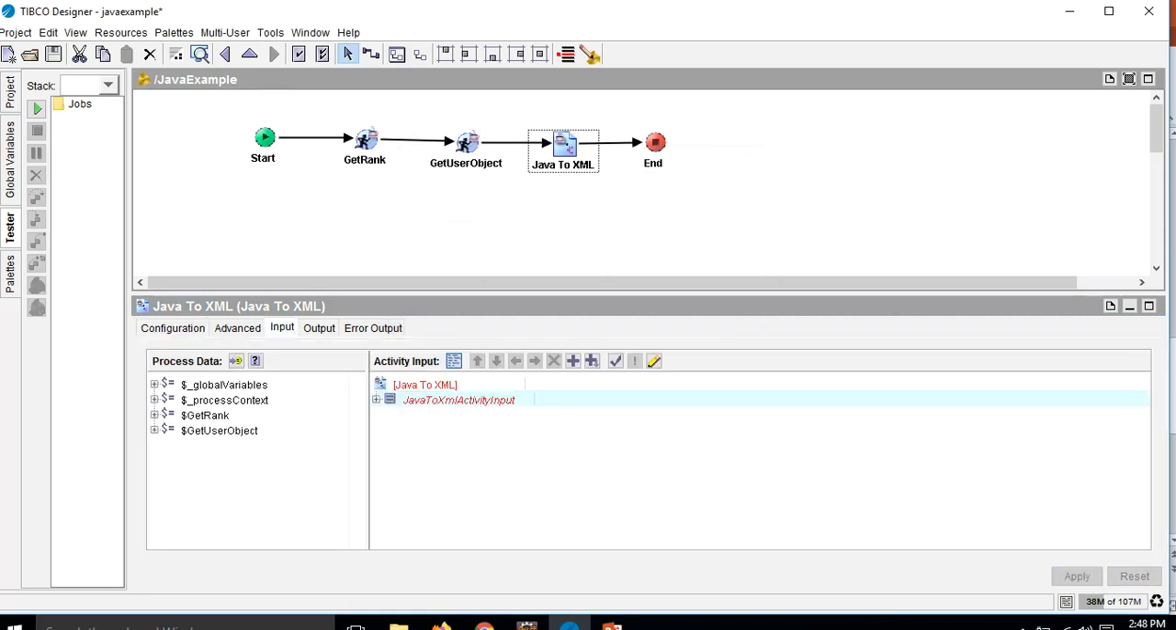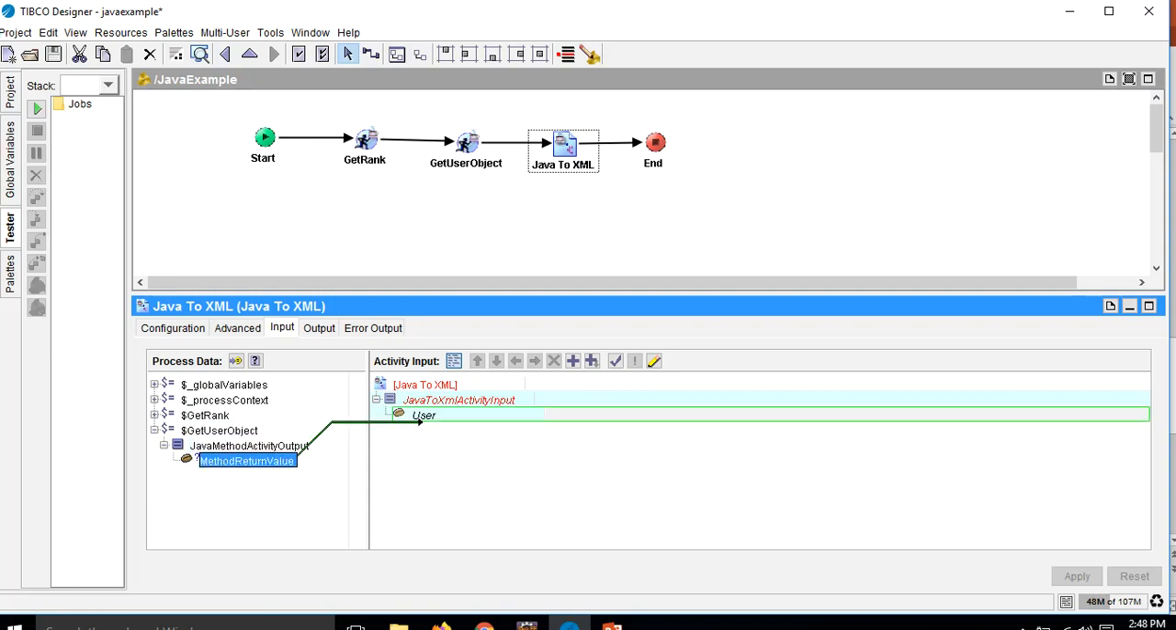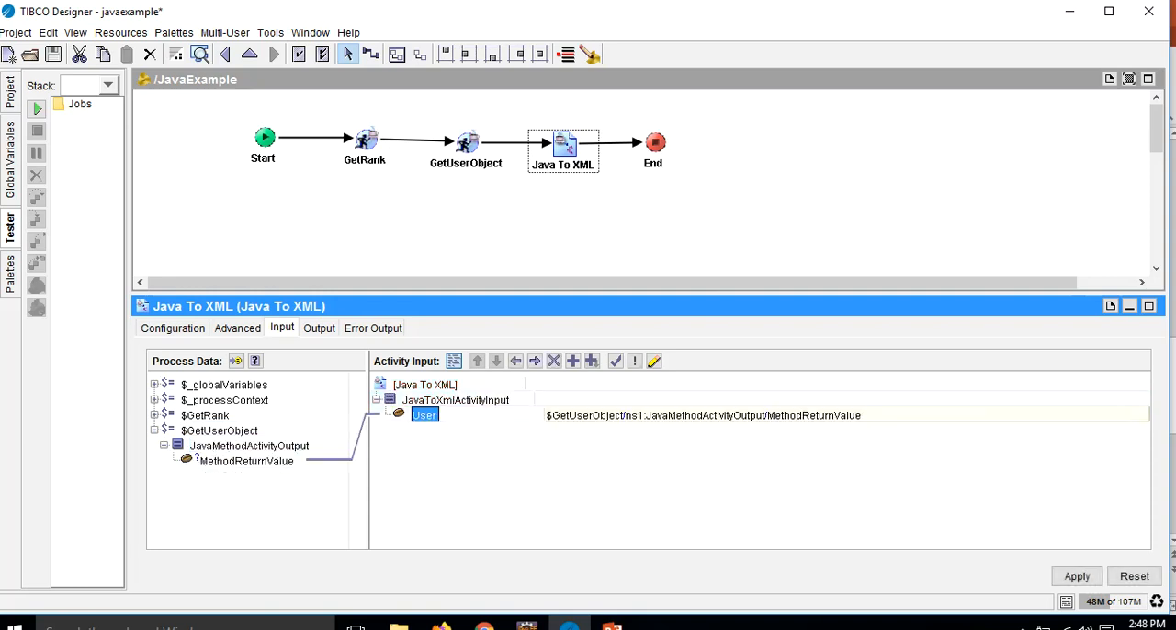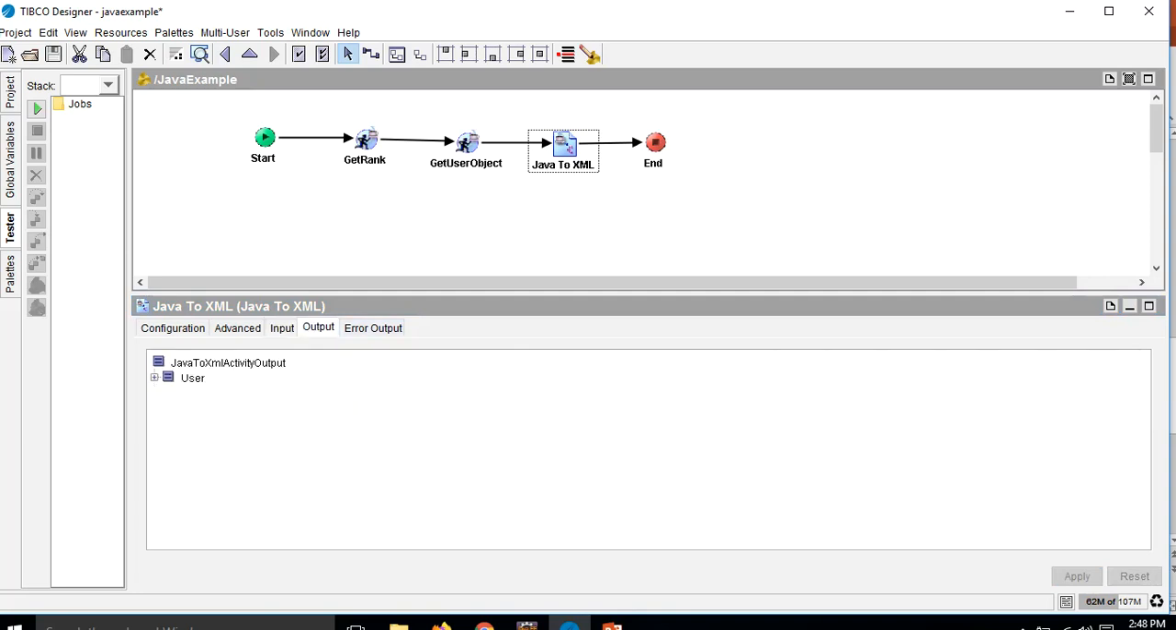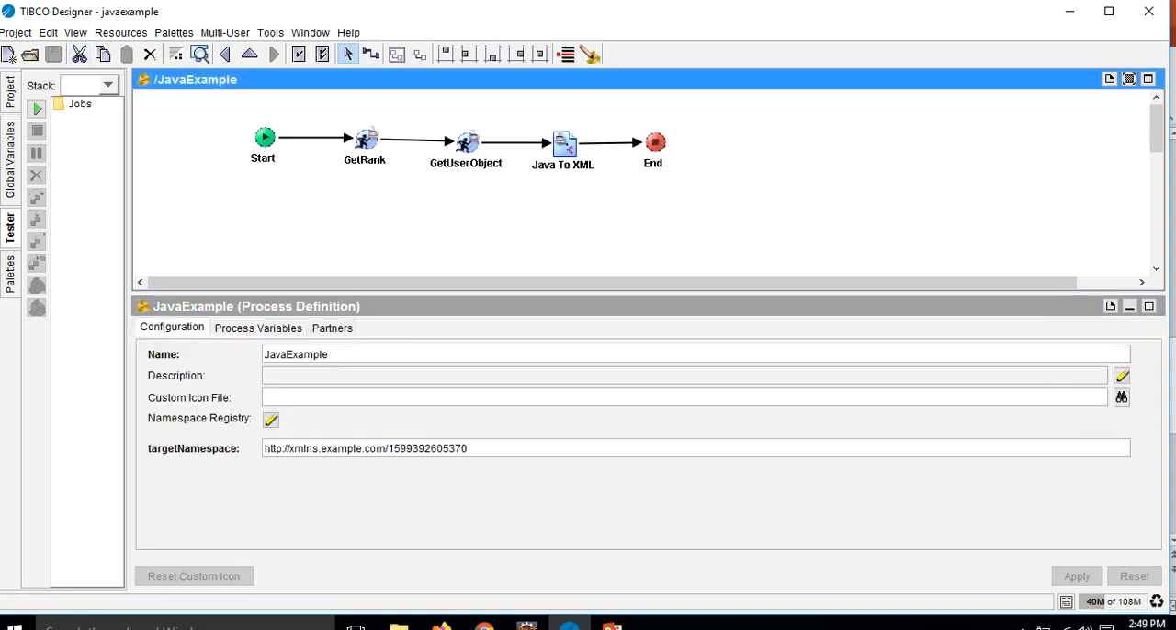Now I go to the input, and here I'm going to map the output of the get user object activity as an input to this Java to XML activity. So if you go to the output, you can see that the possible or expected output is a user. So XML will be like this. We will have user. Within user, we will have first name, last name, middle name, salary, and user ID. Okay, so now what we are going to do is that we are going to run this